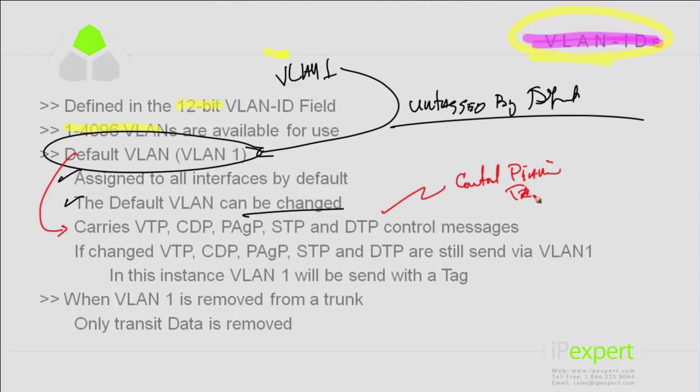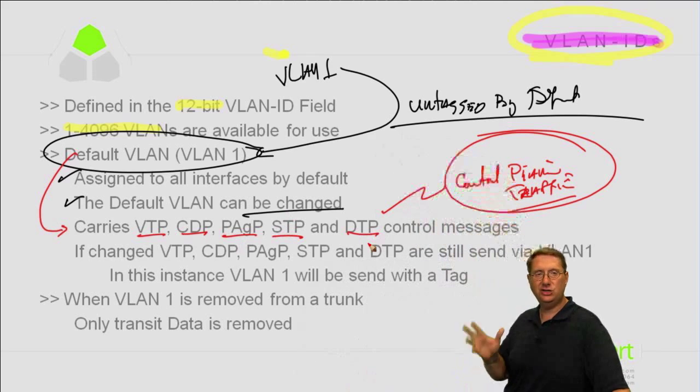Now obviously it can carry forwarded traffic, but its most important role is the ability to carry control plane packets or frames for VLAN Trunking Protocol, Cisco Discovery Protocol, Port Aggregation Protocol, Spanning Tree Protocol, and DTP protocol. Now, recognizing this, I just said an alphabet soup of abbreviations that you may or may not be